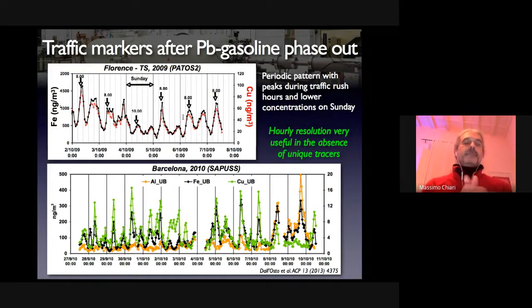And the measurements of the elemental composition of aerosol with high time resolution can also allow us to trace specific sources, like, for example, traffic. After the lead gasoline phase out, where lead was a perfect marker for vehicular traffic, now there are other elements, like, for example, iron or copper, that come from the wearing of the tires or from the catalytic exhaust. And you can see the nice peaks during the rush hours,